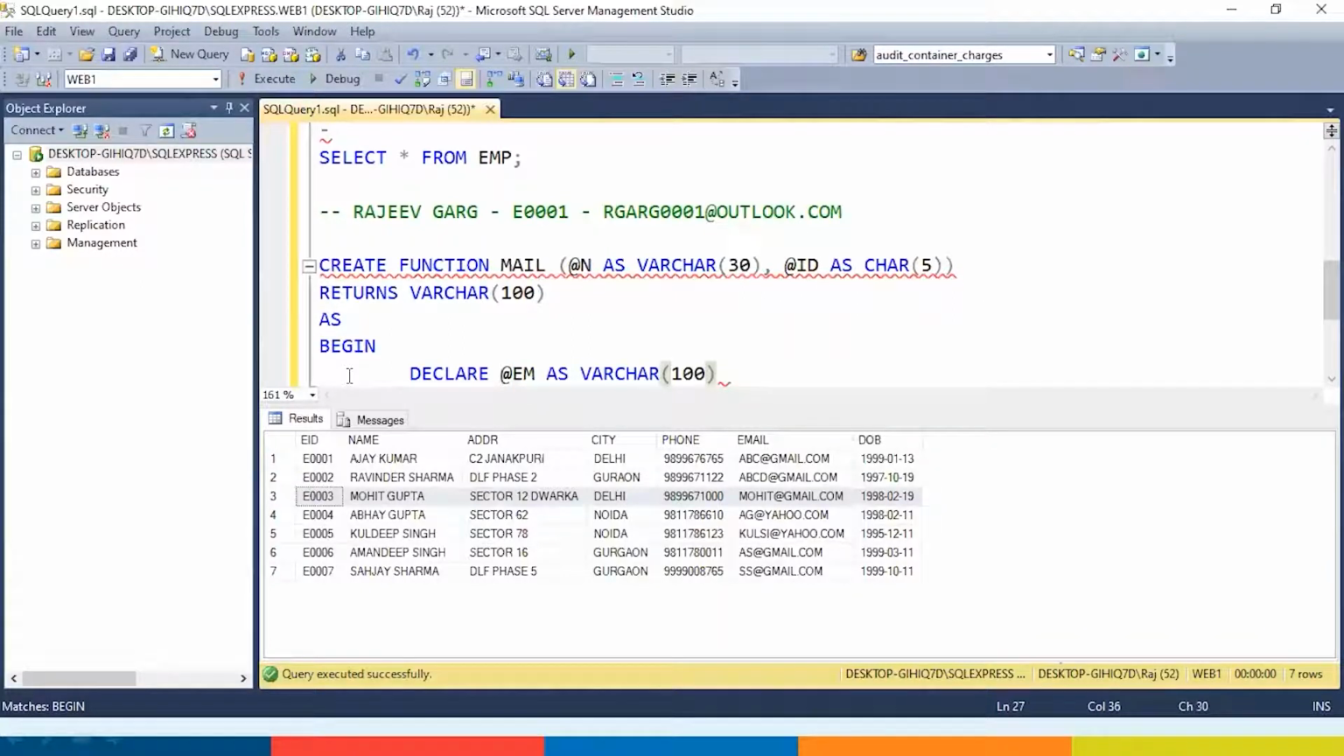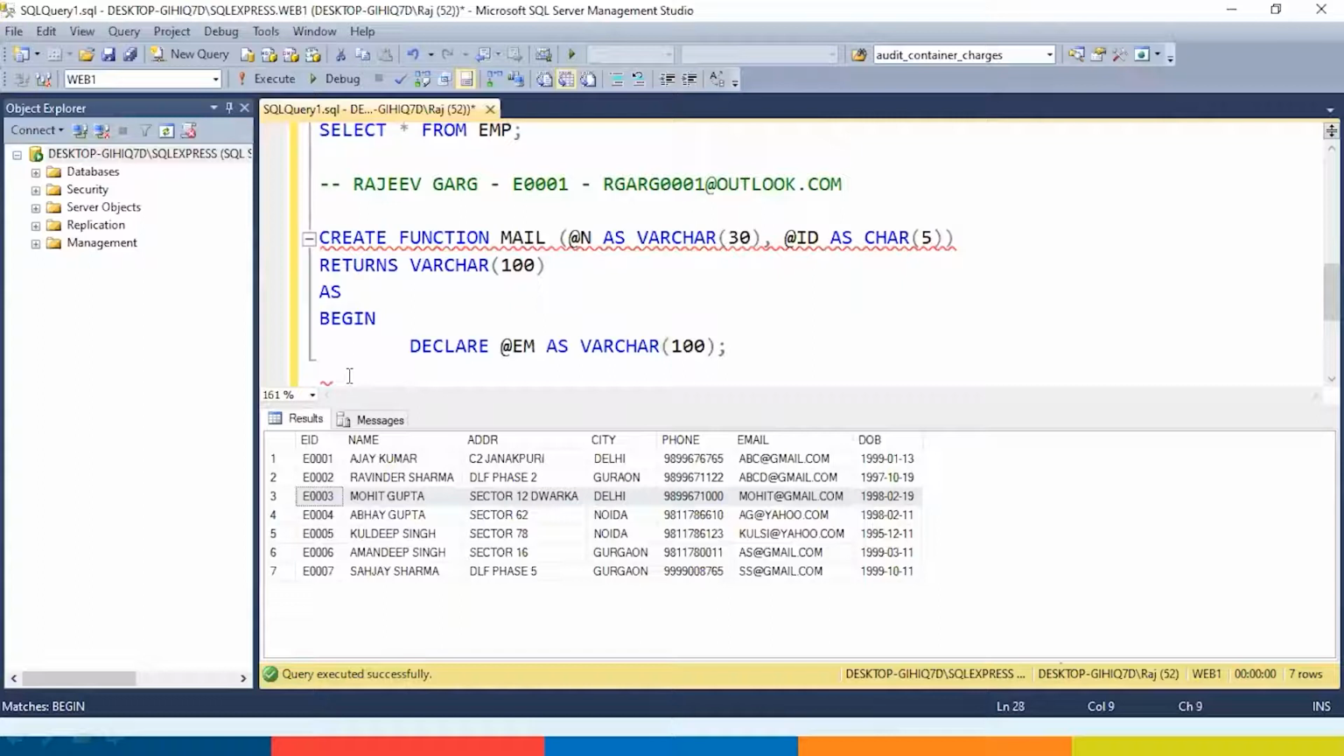So @em, declare @em as varchar 100. Then I will need a few more variables. Now to create the logic, let's see, I want the first character of the name and the last name. So I think I told you yesterday how to extract the last name. Anything appearing after space will be the last name. So for calculating the last name, I need to know the position of the space and the length of the string. So I will say